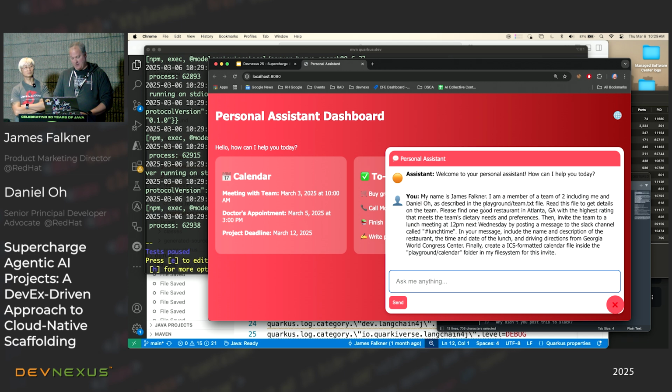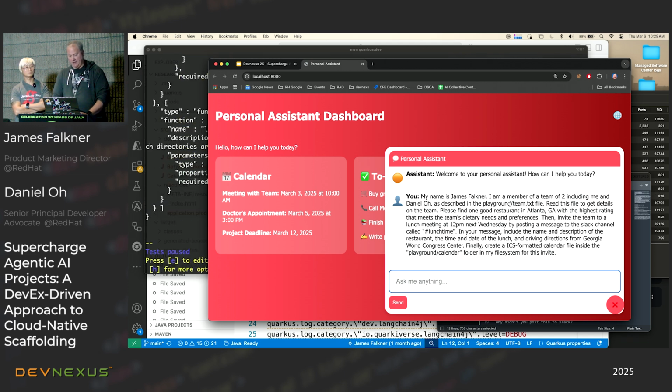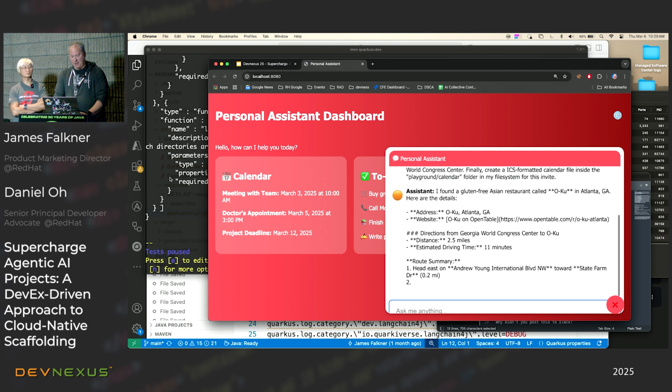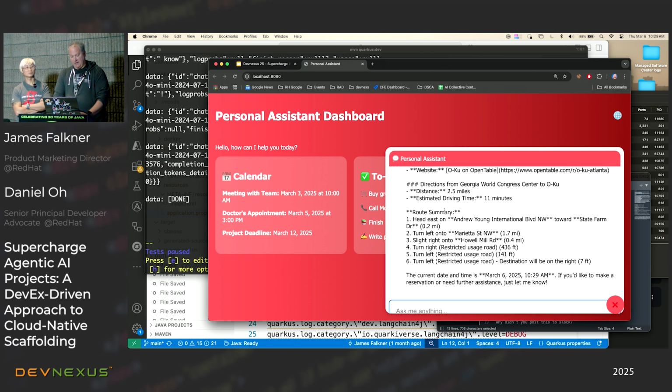So find a good restaurant that meets the team's dietary needs, invite the lunch meeting at 12 o'clock, post to Slack, include the name and description, give me driving directions from Georgia World Congress Center, and create a calendar entry for me. So you can see in the background here a bunch of stuff's happening. And so it found